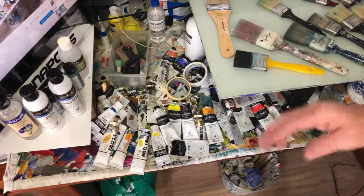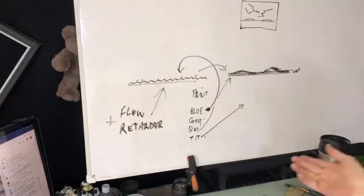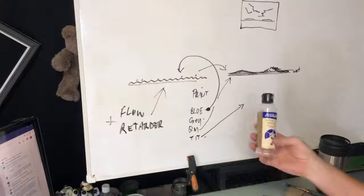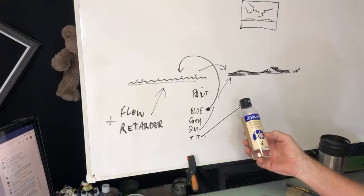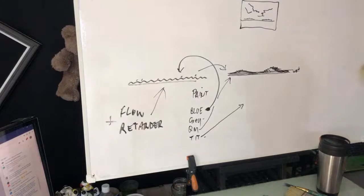Yeah, so if your paint's dry and you're using retarder, which is this here, naturally it's going to help it transfer from your brush to the canvas as well. If anything, it acts as a thinner, but it's not a thinner. And you need to put the amount